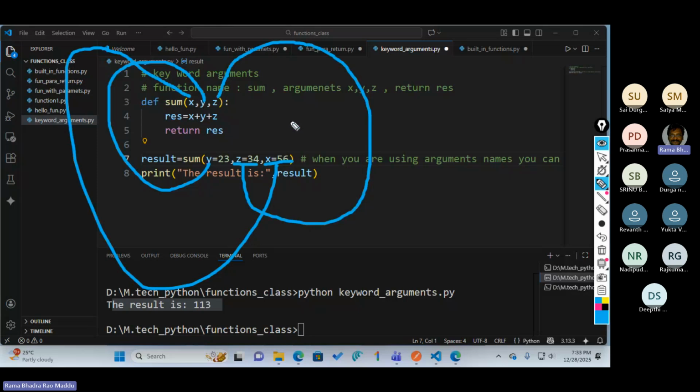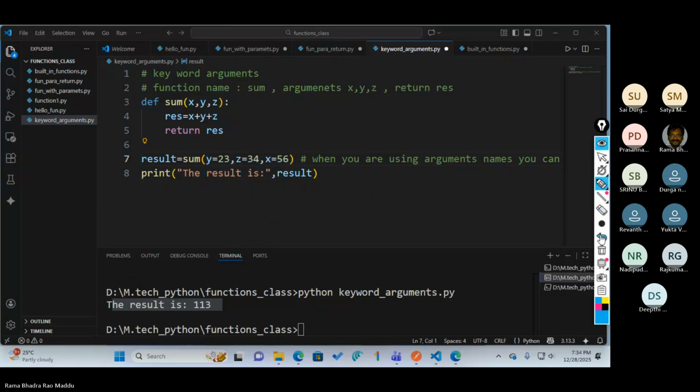Based on argument names we can pass, and the advantage is we need not maintain any specific order because we are providing the variable names. This is keyword arguments. This point is clear. Yes, sir. The keyword argument is one type of concept you need to understand.